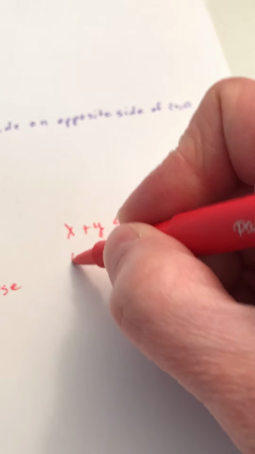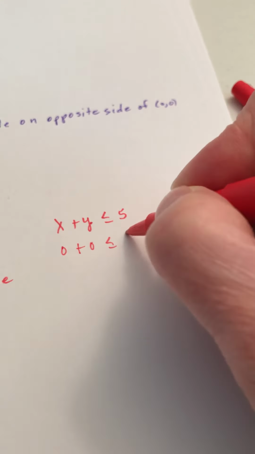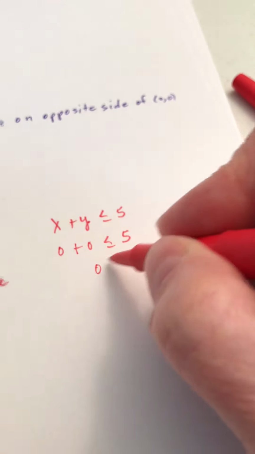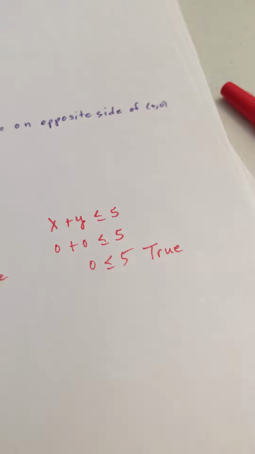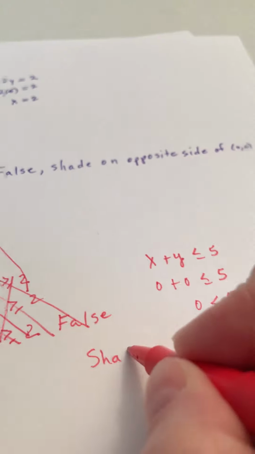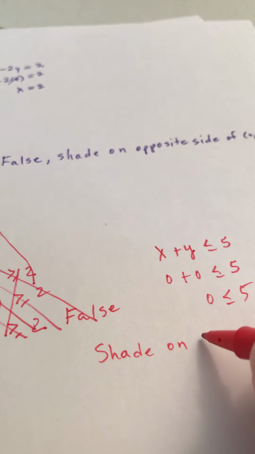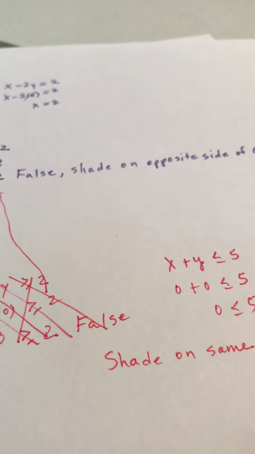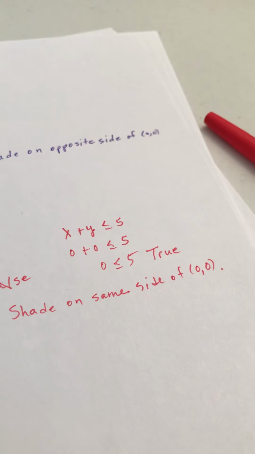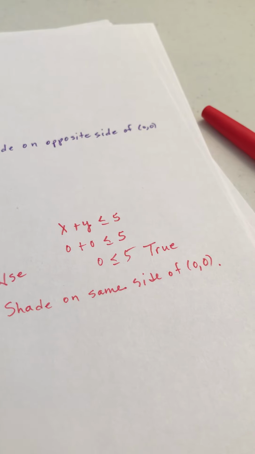So let's put 0, 0 in here. Is 0 less than or equal to 5? That is true. So you shade on same side of 0, 0. So over here,